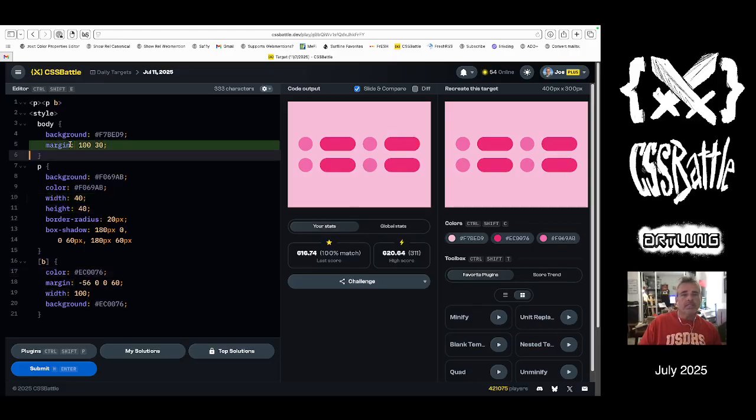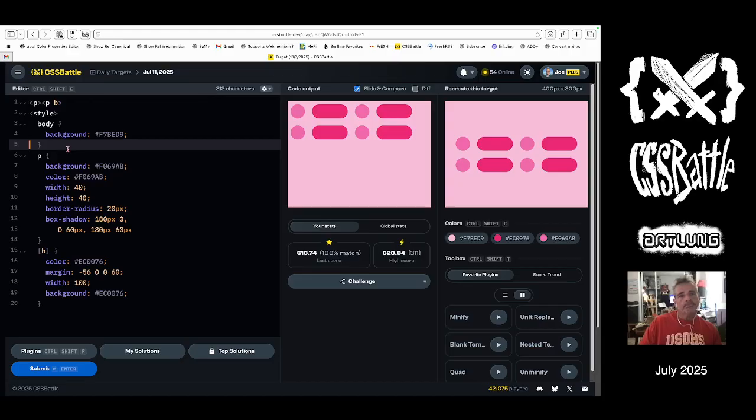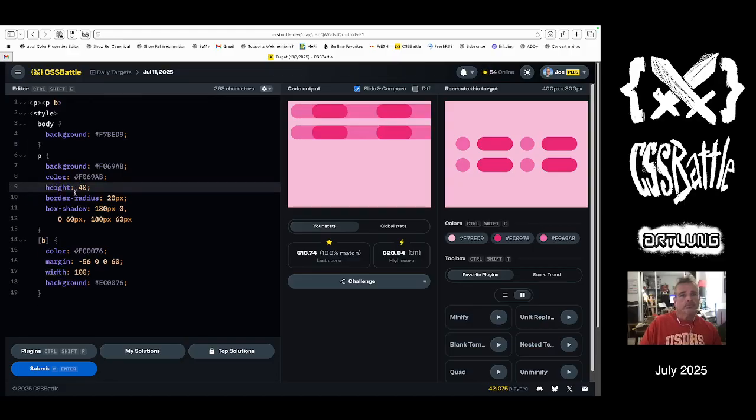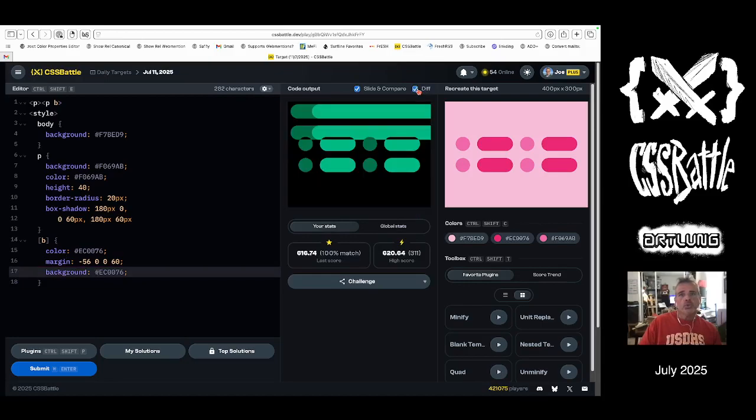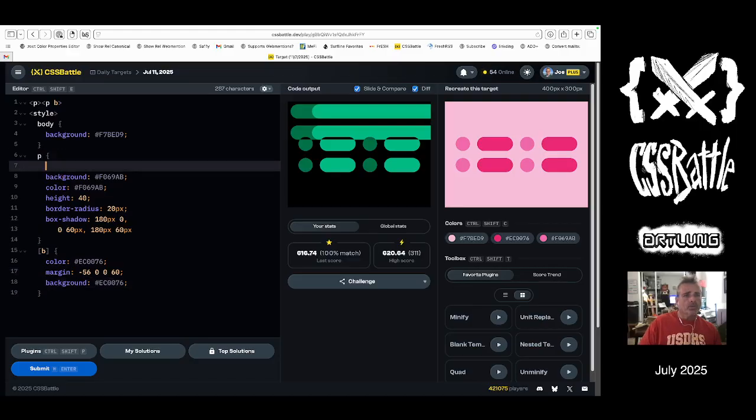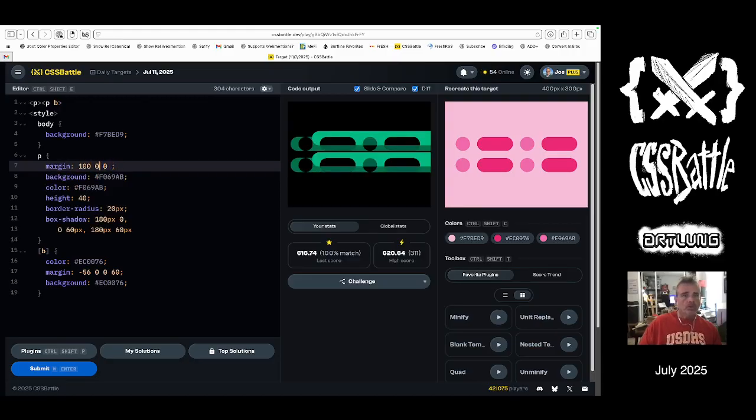So let's see, I'm gonna nuke these margins because I don't care about it. And I don't want to set widths. And that's an interesting effect, right? And I don't want to set width here either. All right, so what do I need to do to twist and turn this? I need to set a margin here. 100, 0, 0, 0. So what, 200,